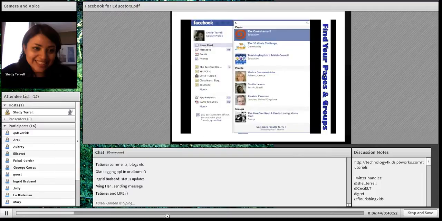So after you set up your profile, the next thing you want to do is to be able to see what pages and groups you already follow. Most likely you already follow some pages and groups. And most likely you can find them if you start typing in the search box, just like I have it right here. I'll put the green arrow. And when you type in there, you can find many of the groups that way. So some of the groups and pages that I list today, you can type it in the search box and you'll find it that way.